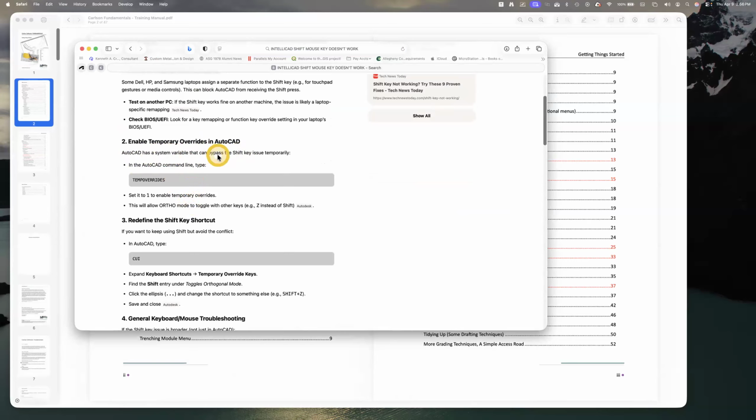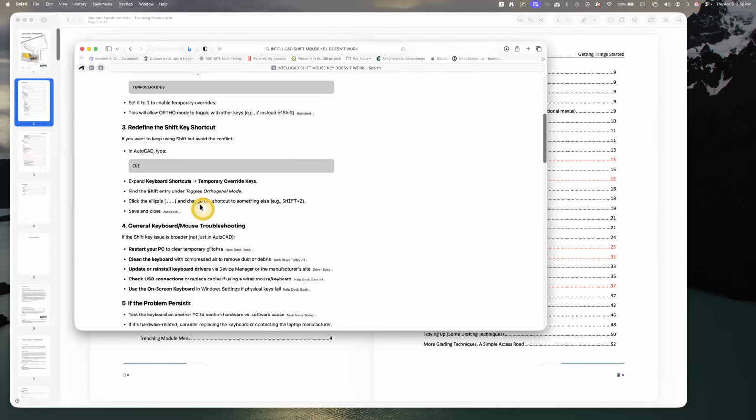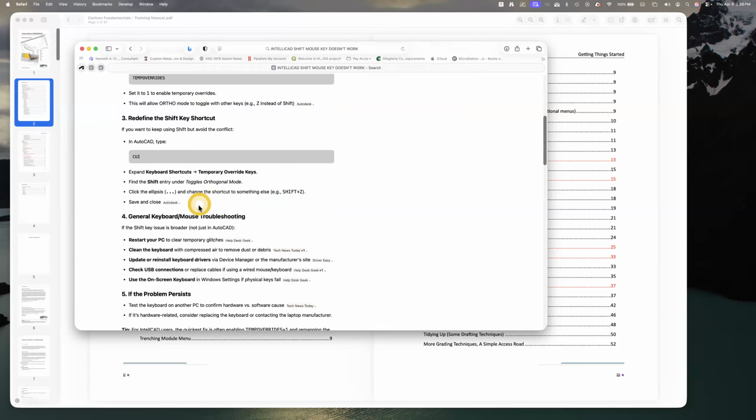No, let me see. Redefine the shift key, but avoid the conflict. Now look at type CUI. Okay. So